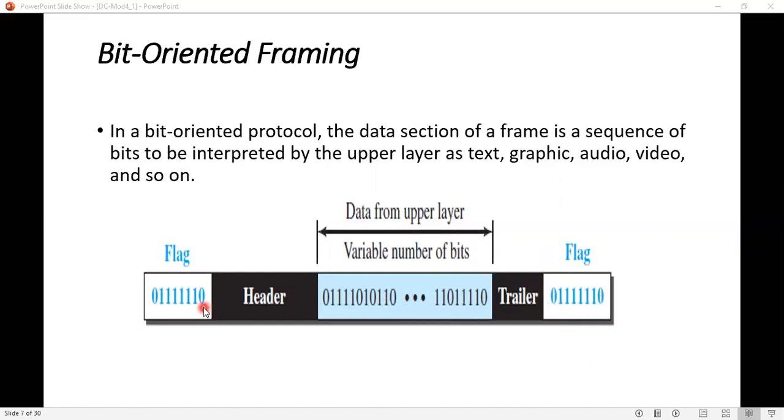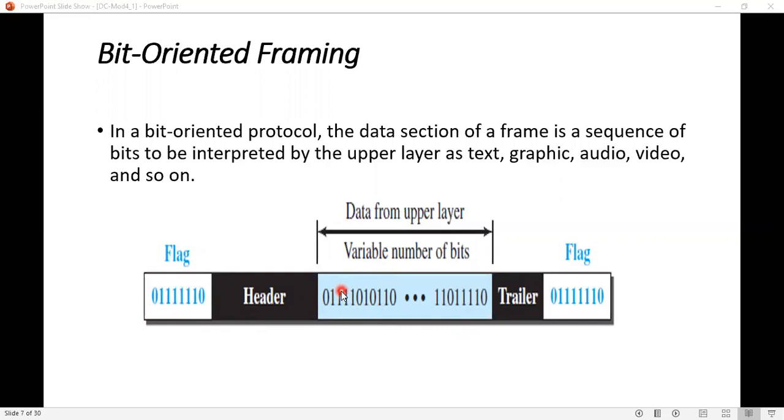But what if this sequence comes in between the data, that is, the information to be sent? How do you identify that this sequence is part of the data received?